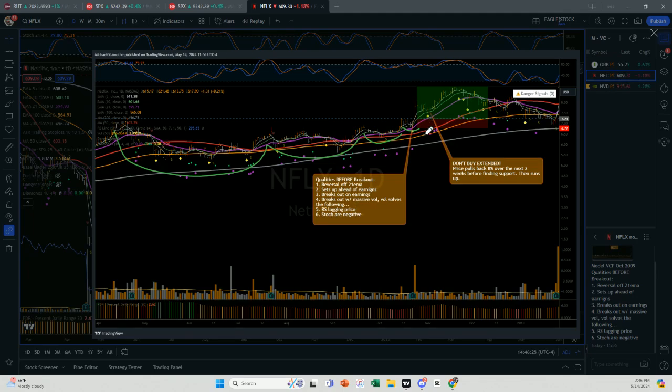When you have your model in your platform, you'll have all your regular indicators up. So what sort of things do you observe? Sometimes you'll find things that are positive, sometimes things that are negative. To continue with this one, it broke out on earnings with massive volume. Volume ended up solving the following: it solved the relative strength line lagging the price, and it also solved the stochastics being negative,